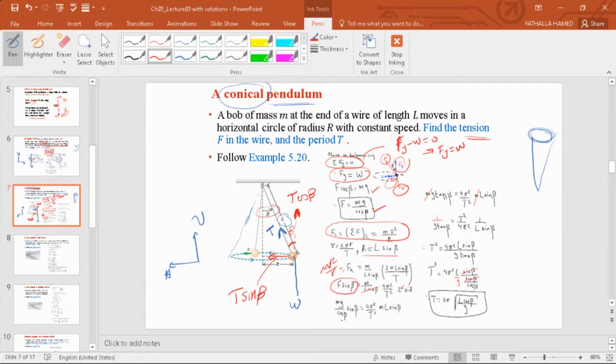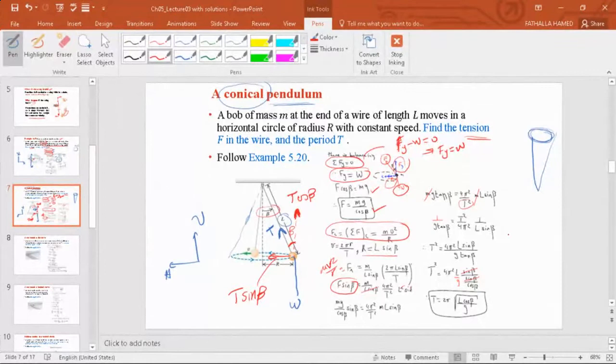You know that sine beta over cosine beta is tan beta. So you have mg tan beta equal to 4 pi squared over t squared times ml sine beta. You can cancel the m. I'm interested in t here, so I can take 1 over both sides. 1 over here will give me 1 over g tan beta. 1 over here will give me t squared going to the top, and in the denominator I'll have 4 pi squared 1 over L